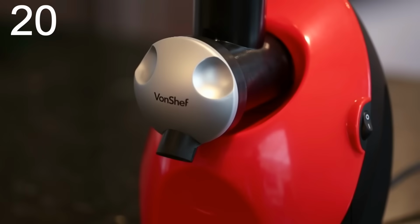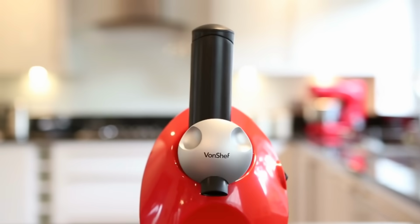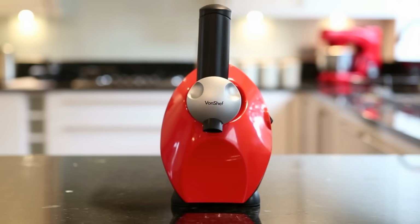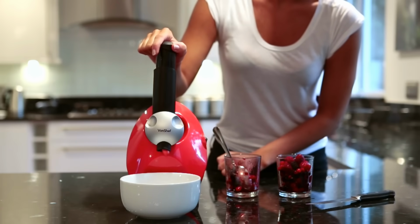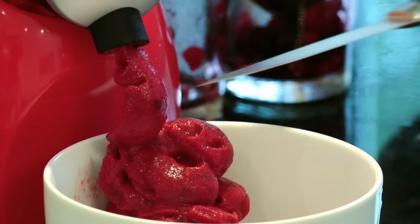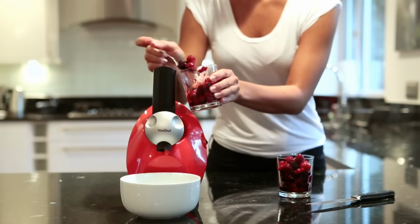If you enjoy the delicious taste of ice cream, but don't enjoy the excess calories, fat content or sugar, we have the perfect product for you, the Von Chef Frozen Fruit Maker. The Frozen Fruit Maker creates delicious desserts from frozen fruit, so you can enjoy every mouthful without letting the guilt set in. From bananas to strawberries to raspberries to pineapple, if you can think of a fruit, you can create